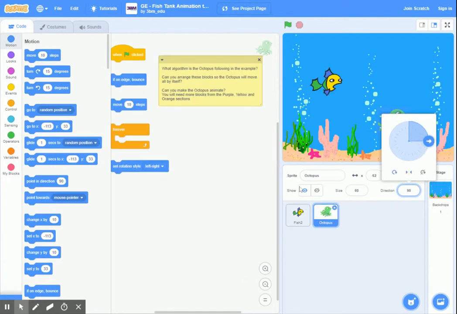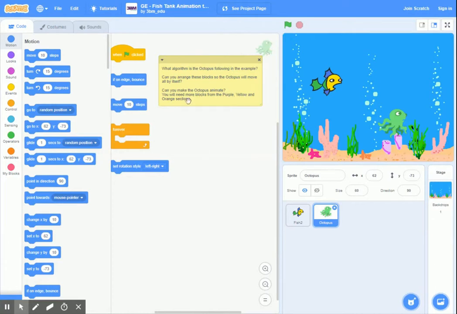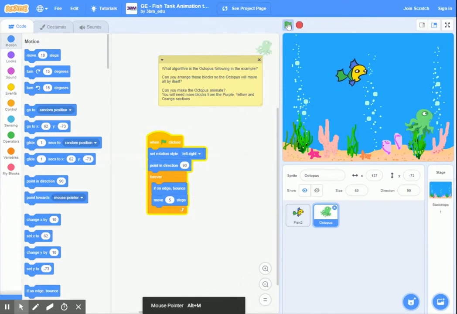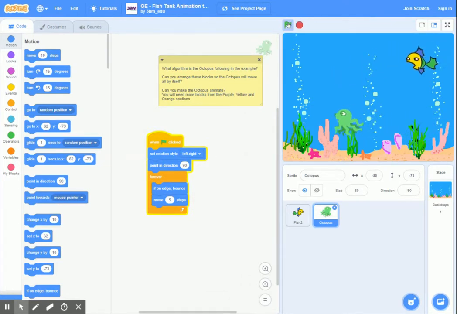Now, the next step is to go to the octopus and get the octopus moving as well. Now, I'm going to pause for a moment while I get this sorted out, and then we're going to look at how we can animate the octopus as well. Now here's my program for the movement of the octopus. If I click the green flag, both are going to start moving, and I'm making my octopus move quite slowly, but also I'm just making him point in the direction 90 because I just want him to go backwards and